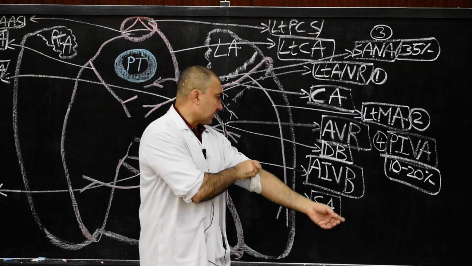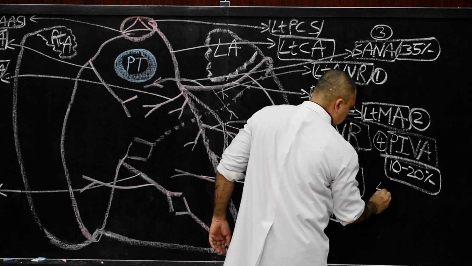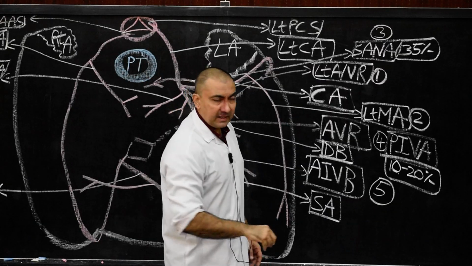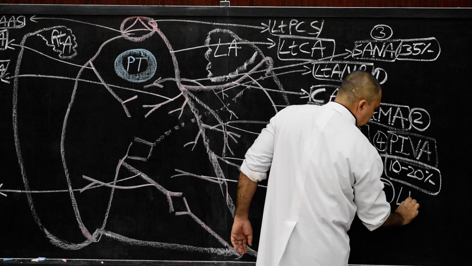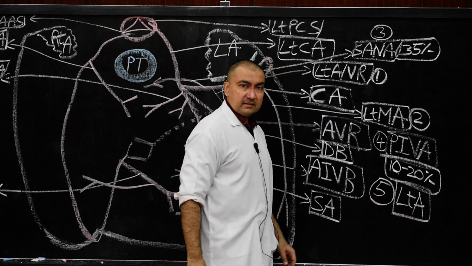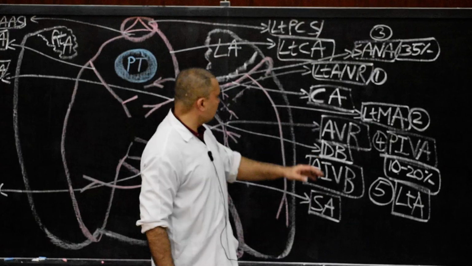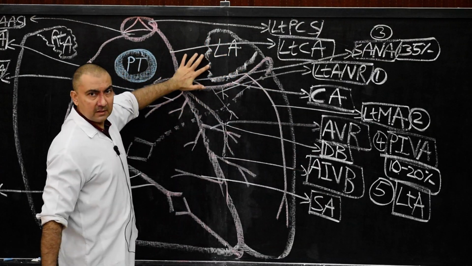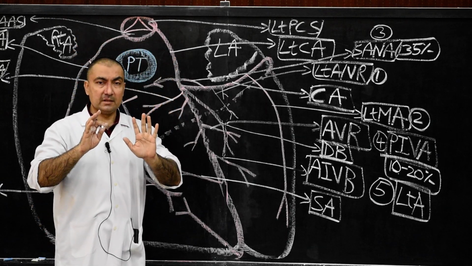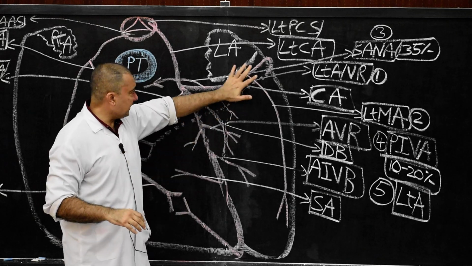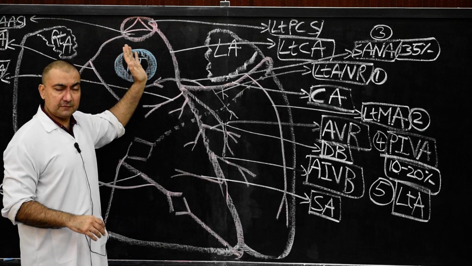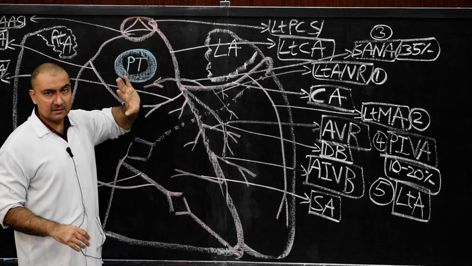And the last branch. Now in the last branch, this is a one mark question answer, the left atrial branch. This left atrial branch will anastomose in front of the atria along with the right atrial branches from the right coronary artery. Very simple. The left atrial branches of this circumflex artery will anastomose with the right atrial branches of the right coronary artery in front of the atria.